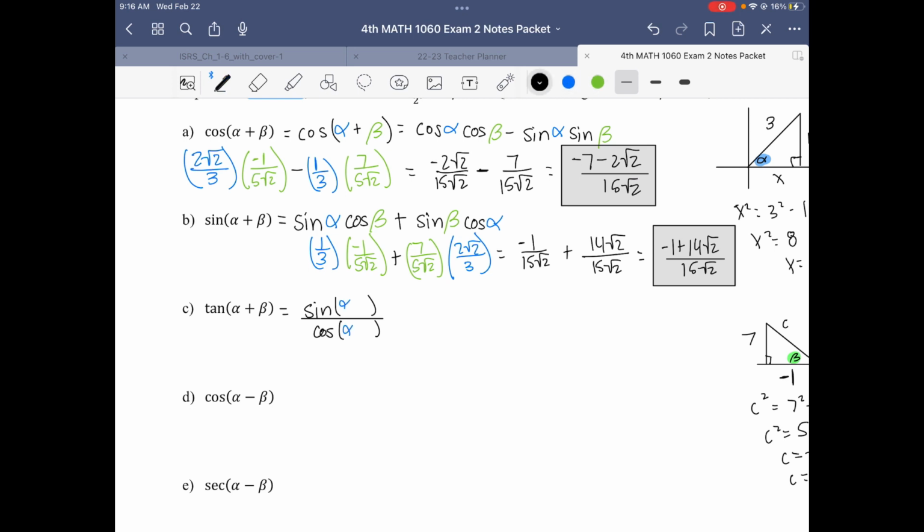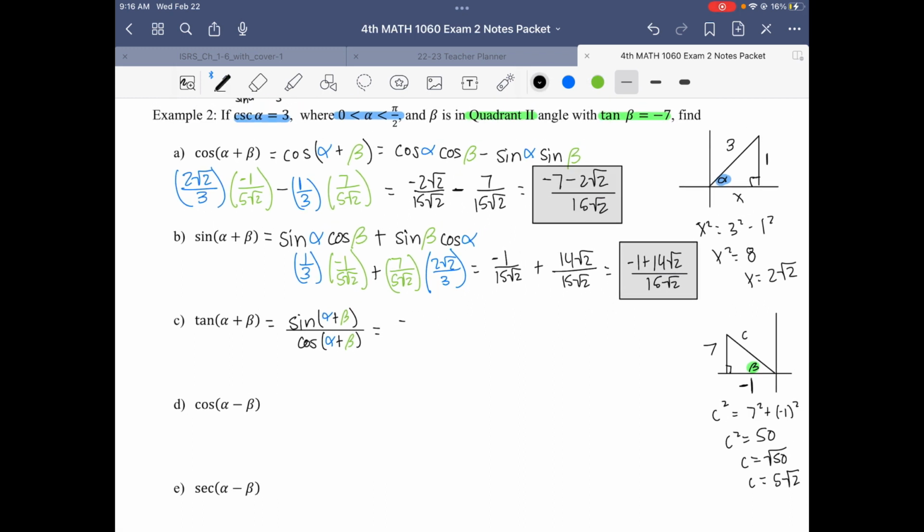So we could say that this is equivalent to the sine of alpha plus beta divided by the cosine of alpha plus beta. We already have these two values. We already know that the sine is -1 plus 14 square roots of 2 over 15 square roots of 2, and cosine is -7 minus 2 square roots of 2 over 15 square roots of 2. We can keep, change, flip this, so -1 plus 14 root 2 over 15 root 2